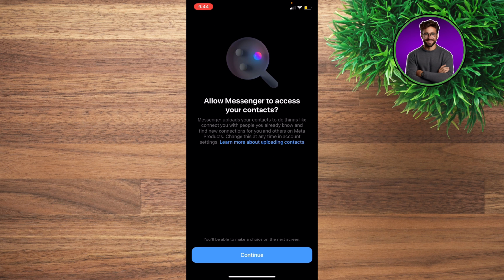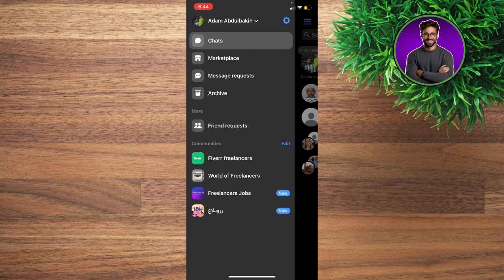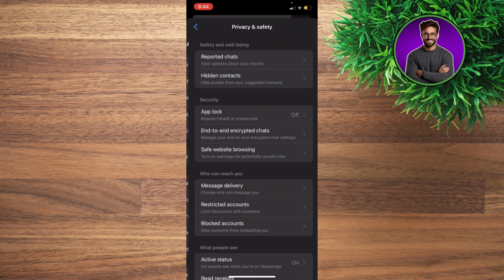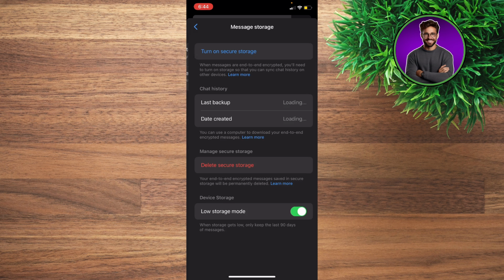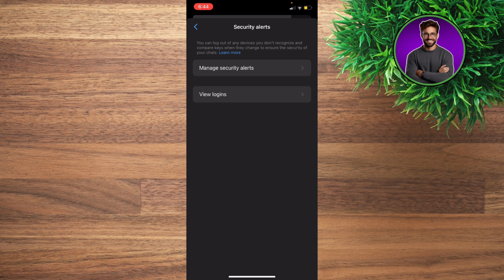Right? If you're still facing that same issue, what you're going to do is click the hamburger menu at the top left, sorry, and go ahead and click the settings gear. And then go ahead to Privacy and safety, and go to End-to-end encrypted chats and make sure that the message storage is toggled off, and basically the security alerts